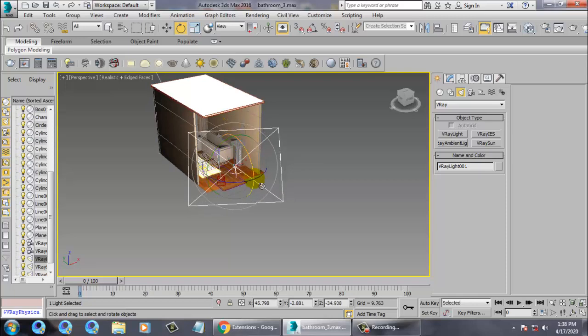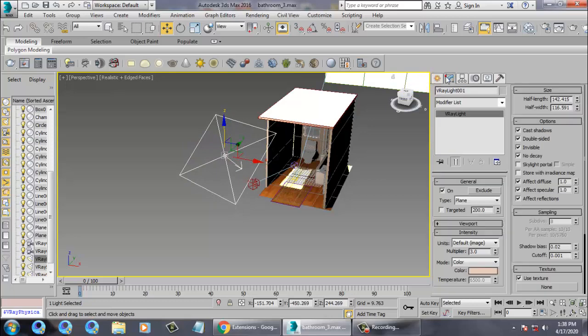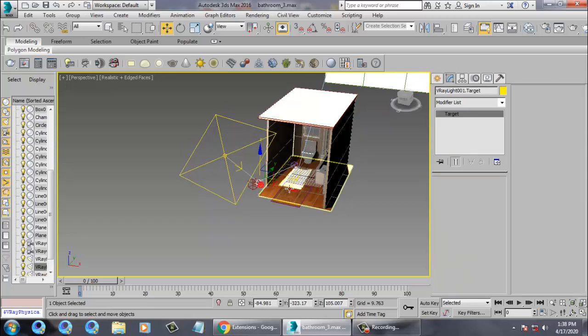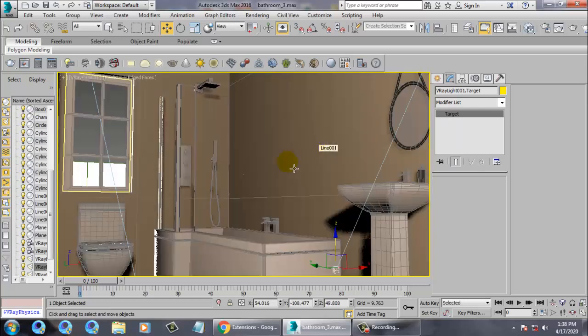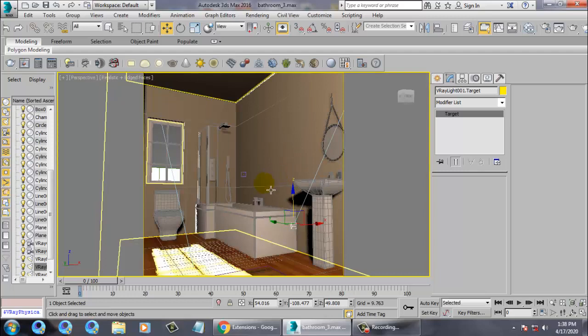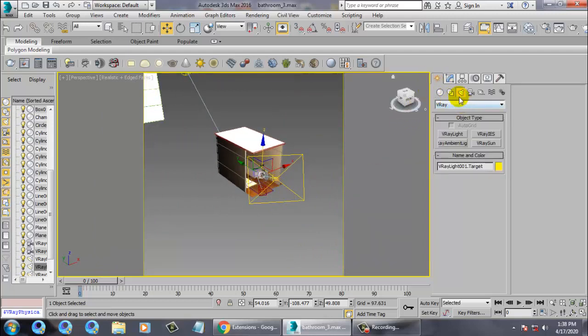So after you have created a V-Ray light, let's go into it and select the target of the light, and let's take a V-Ray camera. If you don't have a V-Ray physical camera over here, you will find a V-Ray camera over here. If you're using an older version, you might not get this, so you can just write into the script as